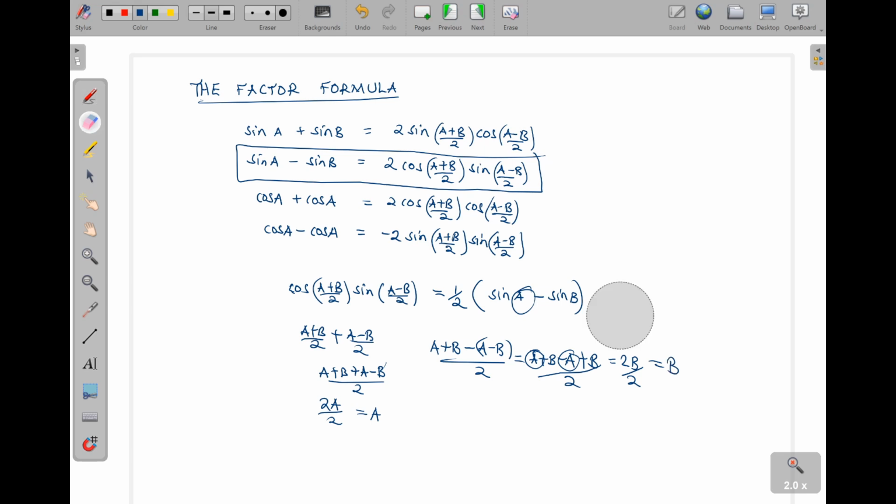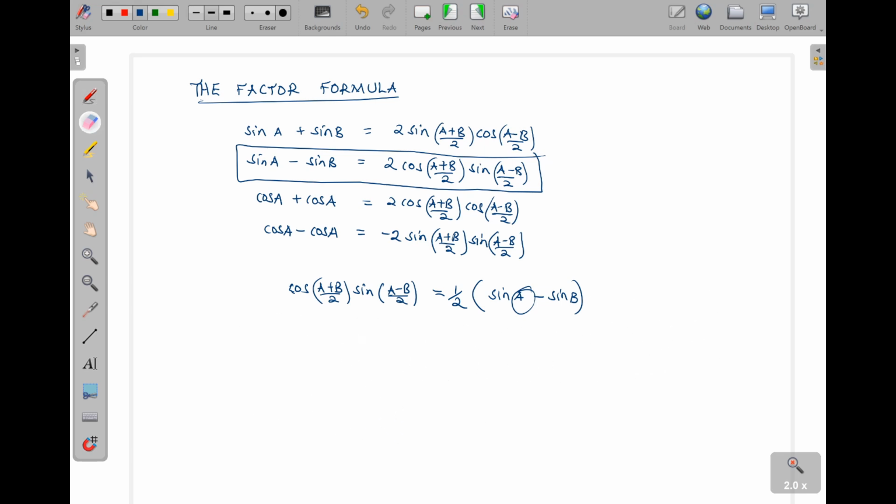So therefore, my sine of x cos 2x, I can actually shift this such that it resembles what we are having there. I can shift the sine. You write the part with the big angle first. Sine x cos 2x is then going to be equal to a half sine